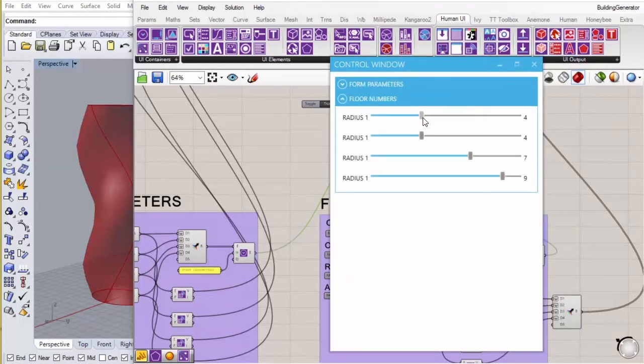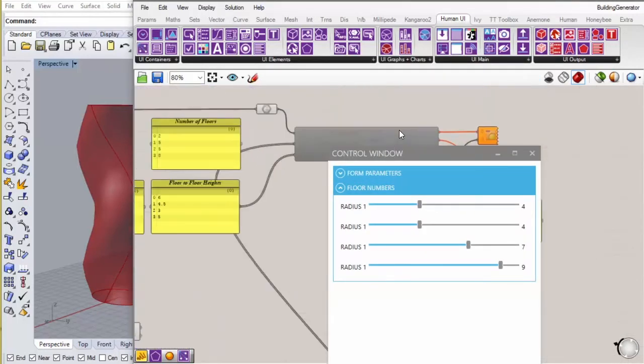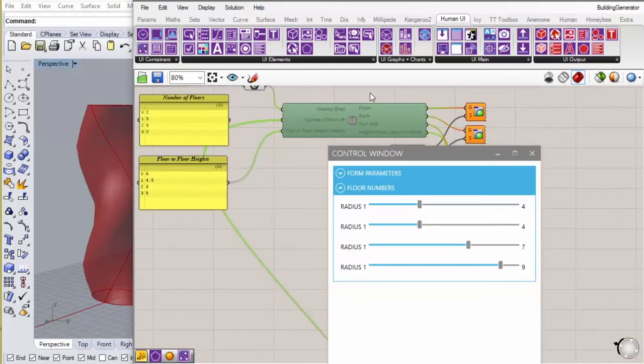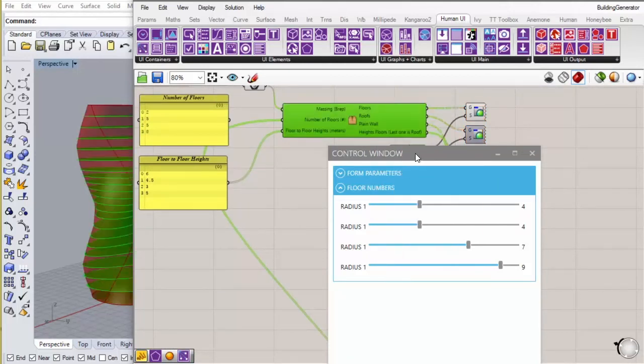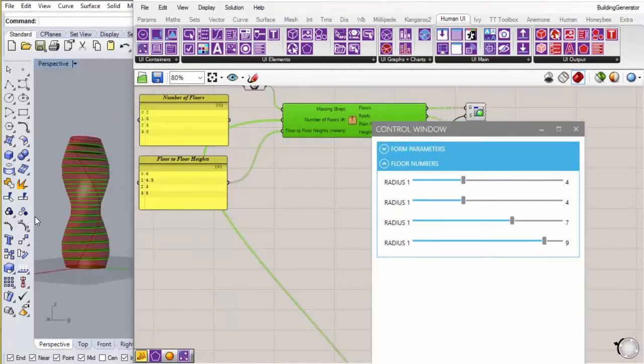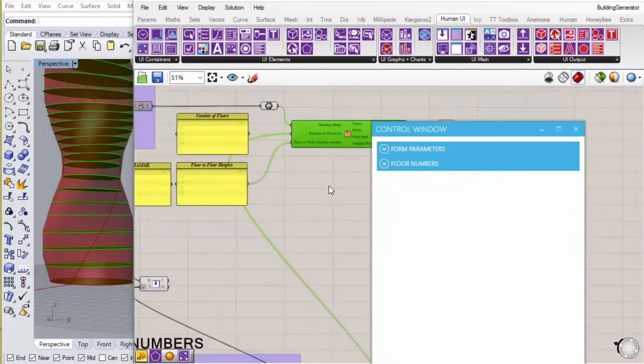And anything I do here will affect this component, which at the moment is disabled. So let's enable it. And so, whoops, we forgot to change the slider names. So at the moment, floor numbers are still labeled as radius, radius, radius, radius.